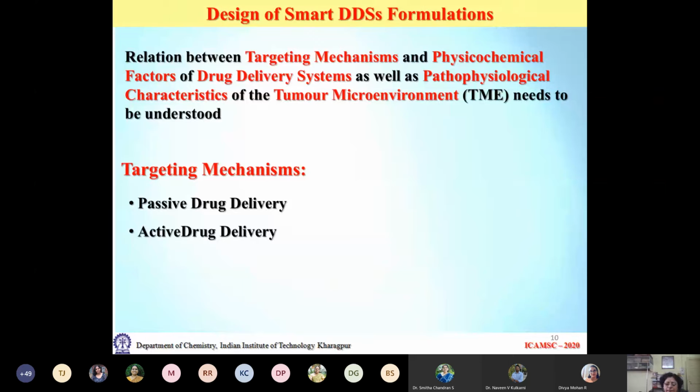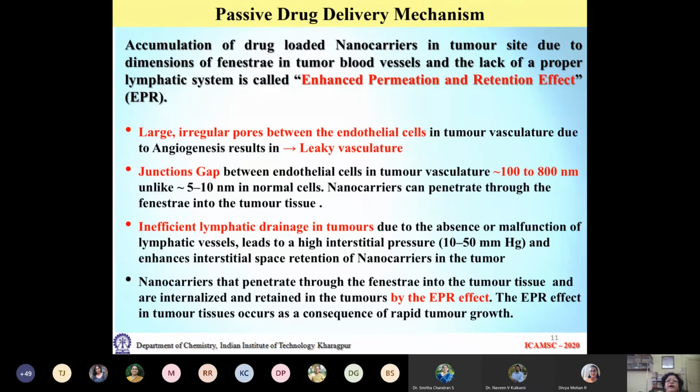So basically, in very broad sense, not going into the nitty-gritty, the targeting mechanism can be classified in two forms: passive delivery and active delivery. And what is passive delivery? Passive delivery is accumulation of the loaded nano carriers, meaning drug loaded nano carriers, at the tumor site due to